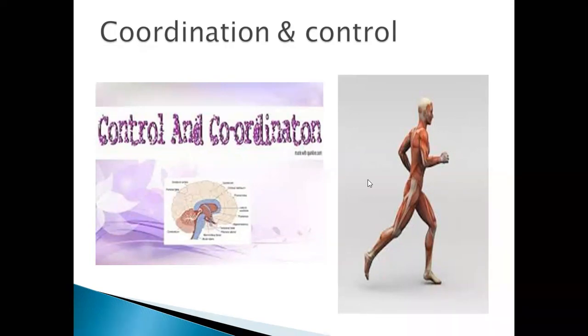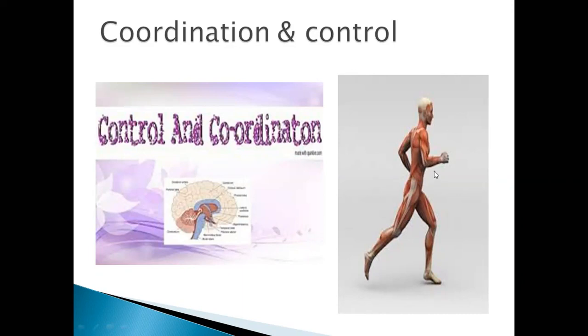Okay, let's take one familiar example of this. Here you can see the brain in your body. The coordination and control center is one, and this one is your brain. And here you can see one activity is being performed by this man, and he's running. You can see that his muscles are continuously in the process of contraction and relaxation. They are working out here and they are helping him to run. Fine. What is happening here? Coordination is the way in which muscles work together during movement. Here is the movement. Fine.